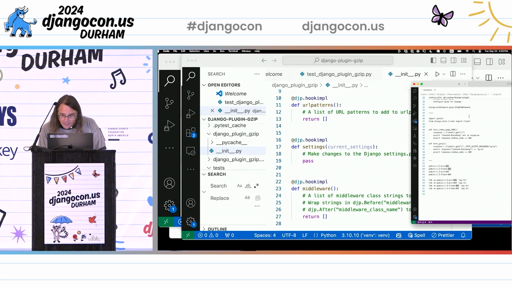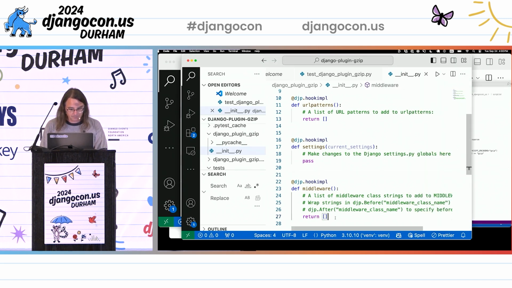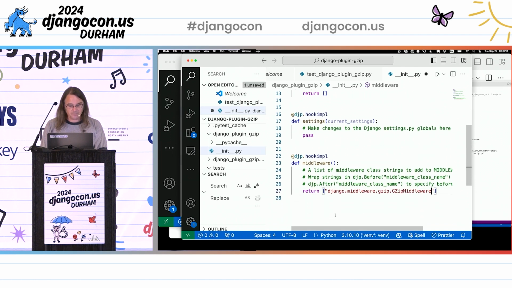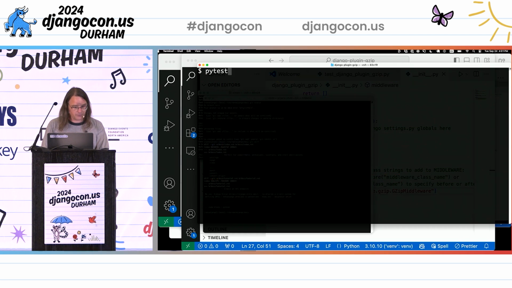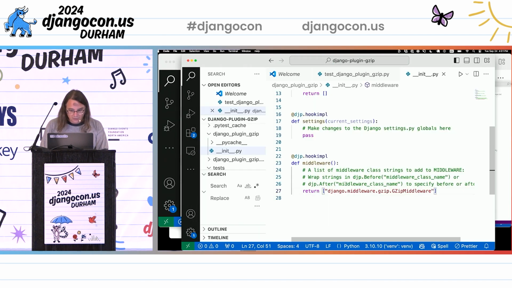The Django middleware, I happen to know, is called django.middleware.gzip.GZipMiddleware. So I can stick that in there, and that will probably do the trick. Let's see if it passes the tests. It didn't. I wonder if that's because I need to do this,